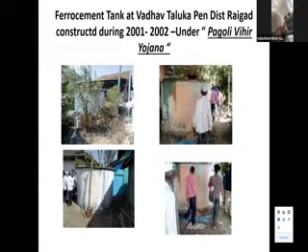Now let us go to the village level, how the drinking water problem can be solved. Nowadays, everybody says borewell water is to be used for drinking purposes. But I say, these are the old examples of 2001 and 2002, when under the Pagodi Veer Yojana, which was of the government itself, these ferrocement tanks were constructed. There were 220 tanks in Pen Taluka itself. I don't know how many are there in Maharashtra. In Nashik also, my friend had constructed so many tanks.